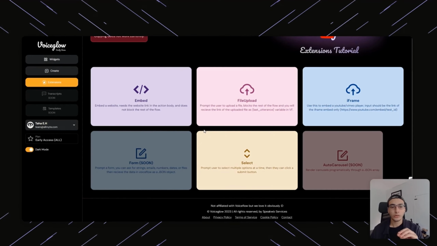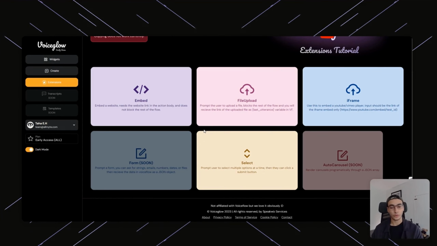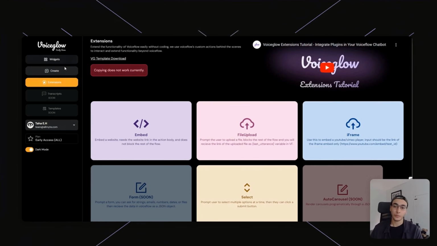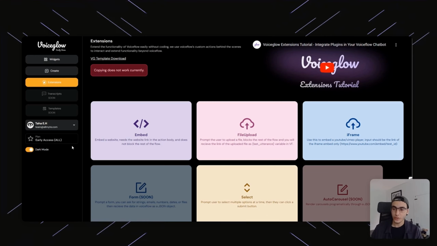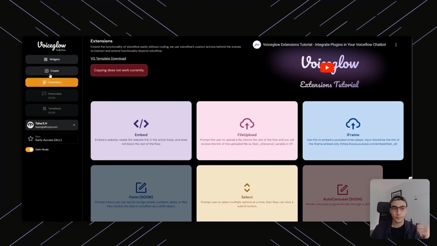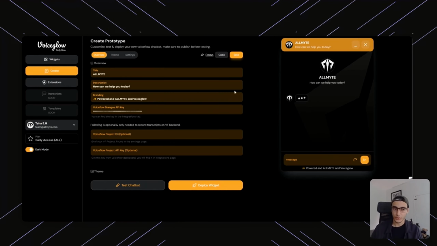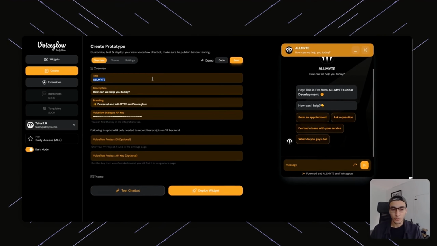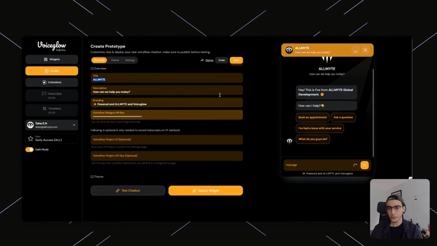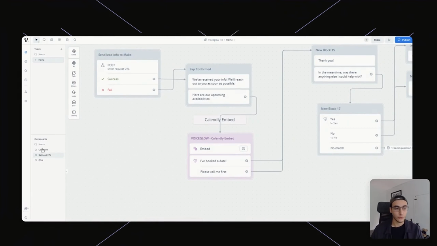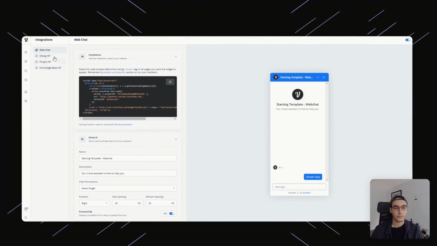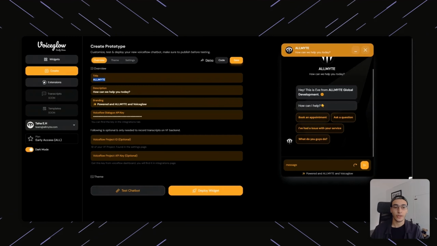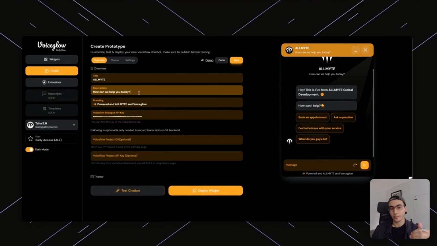Here's how. All you're going to need to do from the VoiceGlow extensions screen, which is what we were looking at earlier, simply go on the left-hand side, click on widget, and then either create a new widget or just click on the one that you were working on. Then once you're actually inside the widget, there's a couple different options. They're actually pretty straightforward. You can name it however you want. If you're familiar with VoiceFlow, this would be the equivalent of going to integrations and then on publish. It will be just this, but instead of having this to work with, you are now working with this. You can title it, you can name it, how can we help you, the